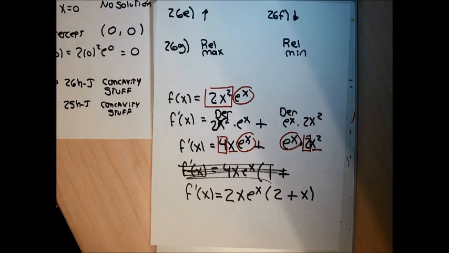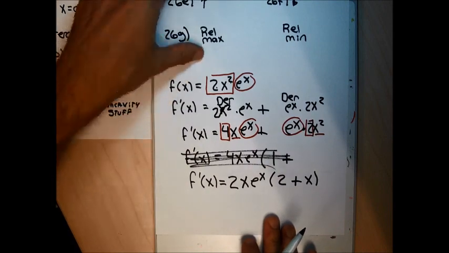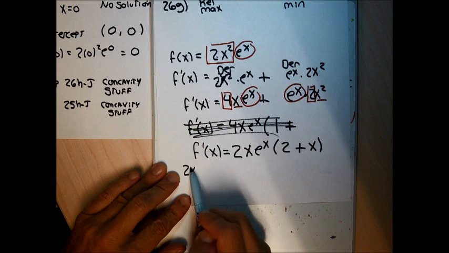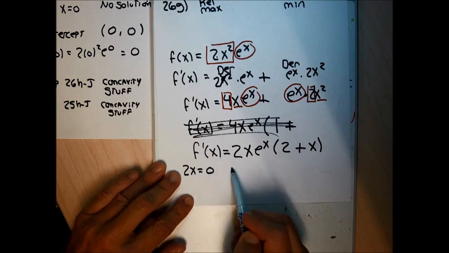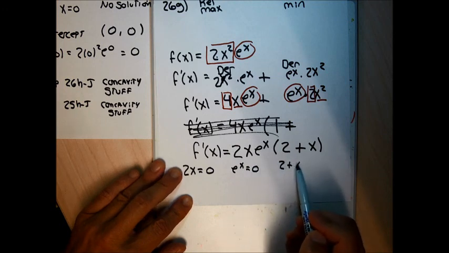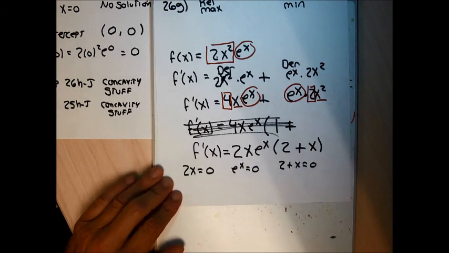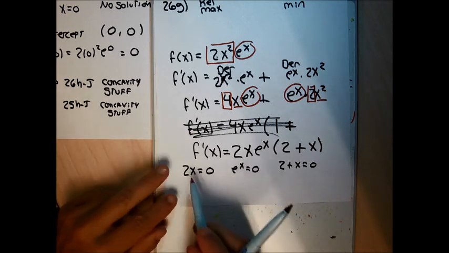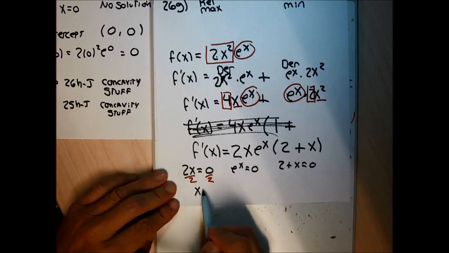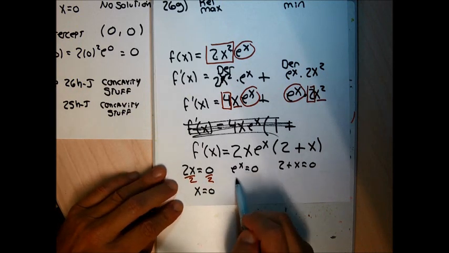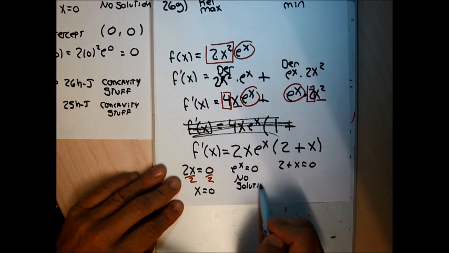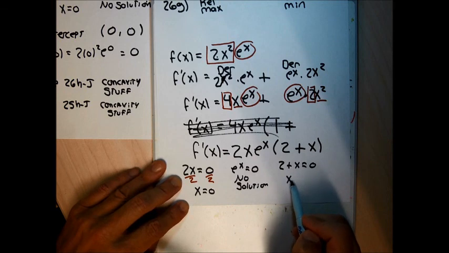So getting back to my maximums and minimums, increasing and decreasing, this first derivative is factored. I'm going to set it equal to 0, and I'm just going to set the 3 factors equal to 0 to save myself a line of writing, because when you set the whole thing equal to 0, you split the factors up and set them equal to 0. For the 2x factor, I'll divide both sides by 2. That's going to give me a solution of x equal to 0. For the e to the x equal to 0, you don't get a solution. And for the 2 plus x equal to 0, you'll subtract 2 from both sides and get x equal to